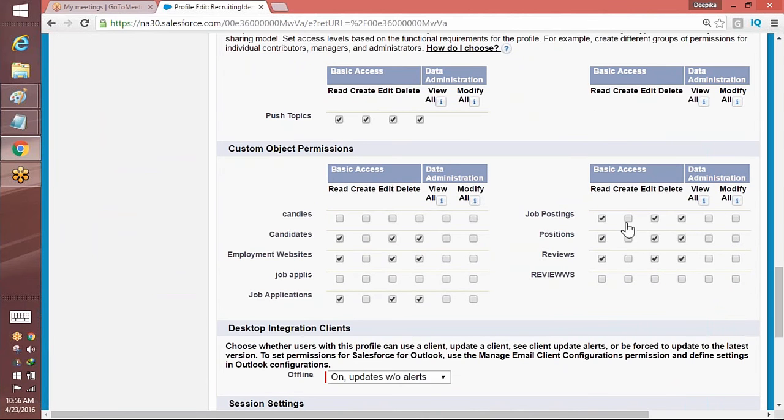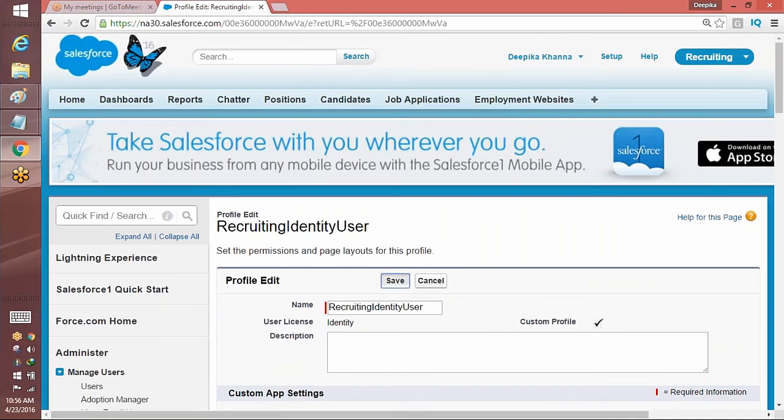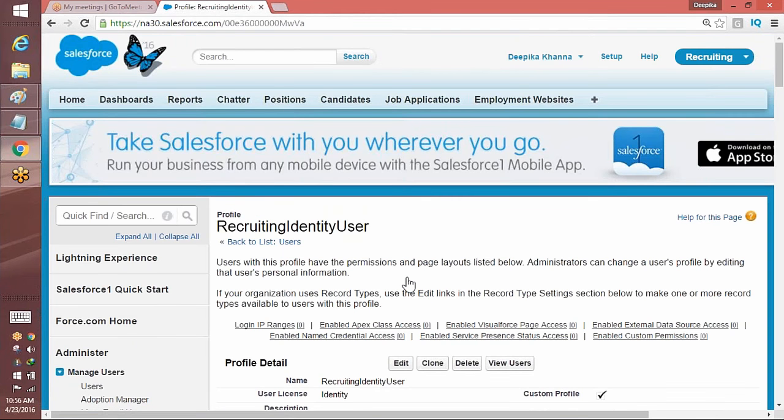On the position, he does not have create. So I'll just give him the create checkbox and then hit save. We'll talk about view all and modify all after this, OWD. This is a little different from the rest of those. So save it here. And the next one is,